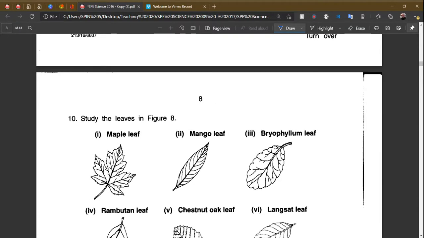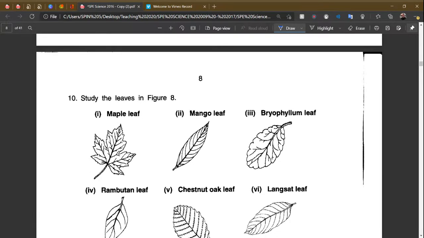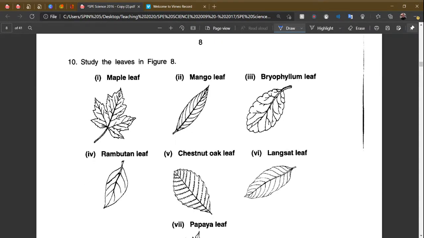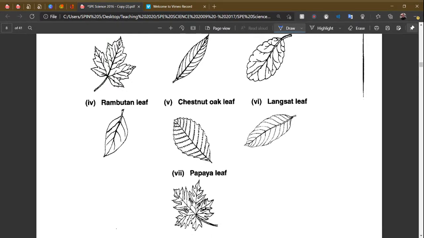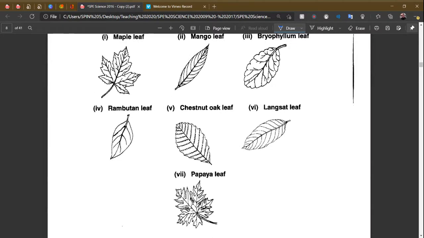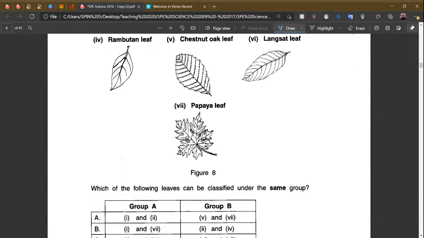Next one, question number 10. Study the leaves in figure 8. You have 1, 2, 3, 4, 5, 6, 7 different leaves. All of them have different shapes and sizes, but some of them are slightly similar. Which of the following leaves can be classified under the same group? Under the same group means it has to have at least one similar characteristic,